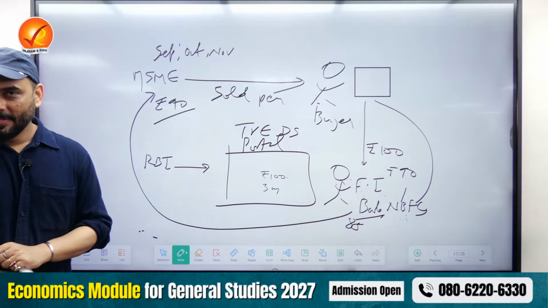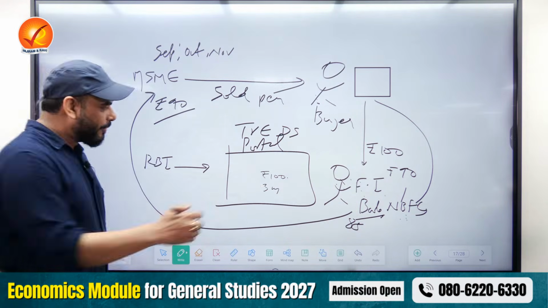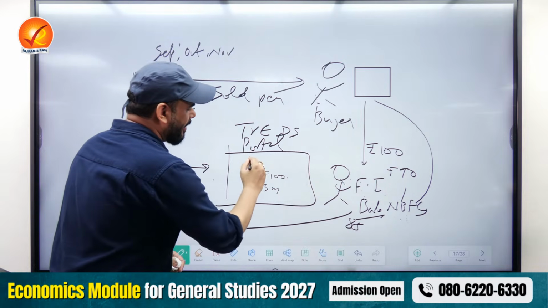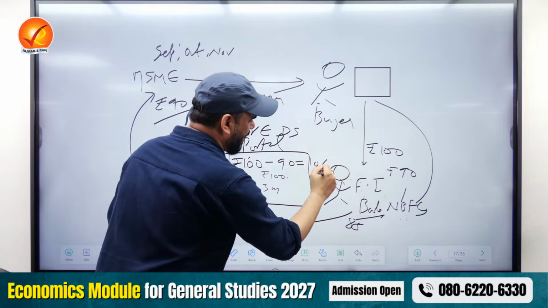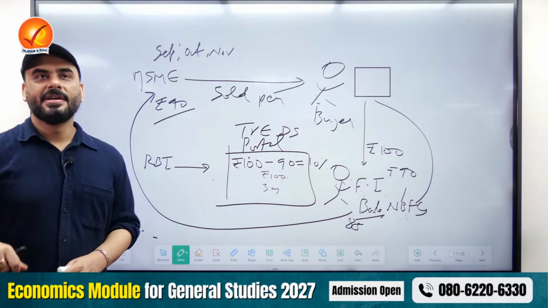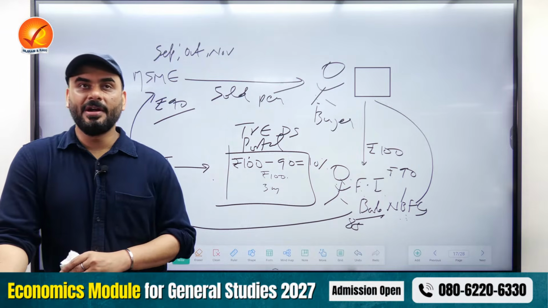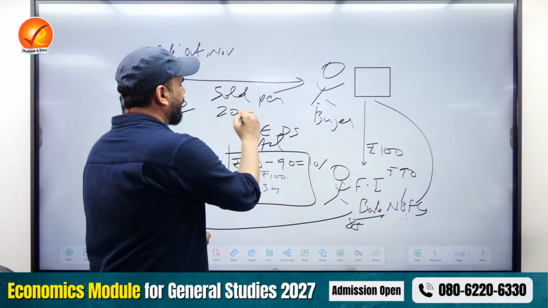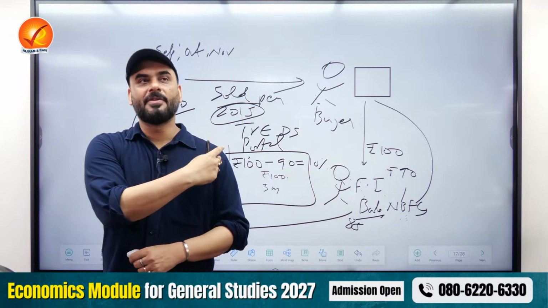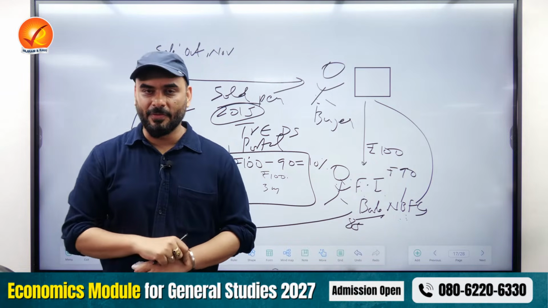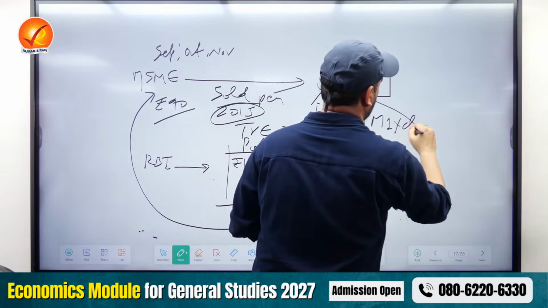And what is the loss for this MSME? 10 rupees. But why did the MSME sell the paper at a loss? Because it needed quick money, quick capital. So here, the total value of the paper was 100, but the MSME got 90. So this 10 rupees, 10%, is called the discounting rate. And the name of the platform is TReDS. What did RBI do? In the year 2015, RBI gave permission to 3 such platforms in India. RBI regulated 3 platforms. One of the platforms in India is called M1 Exchange.